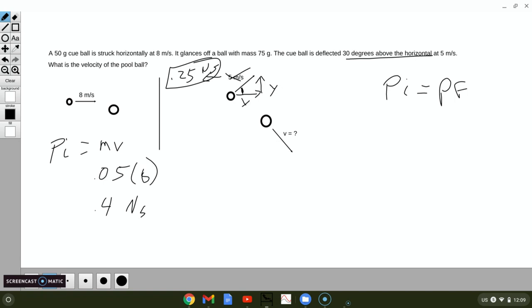We ignore the 5 meters per second, because like I said, momentum must be conserved, not velocity. And so when we take the cosine of 30 degrees and multiply by 0.25, we get the x value to be 0.216 Newton seconds,